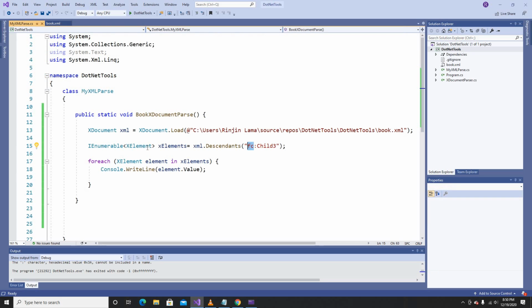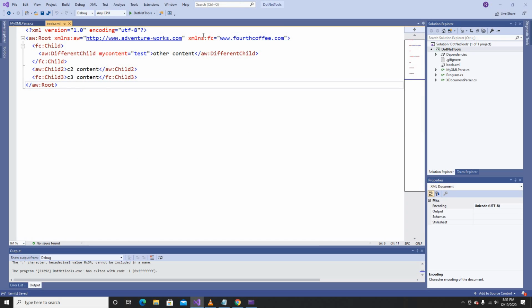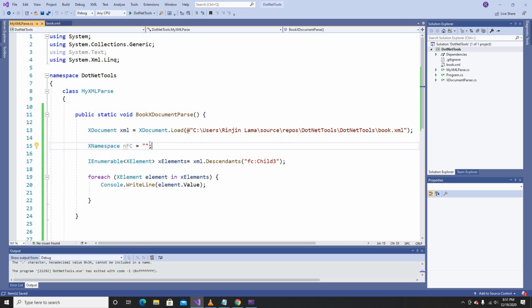Okay. So this is how we get an error if we didn't add a namespace, because we have a namespace in our XML. So to get rid of that issue, we need to create our XNamespace here. So in XNamespace, what is the namespace name? I'll just give it a namespace for fc. And what is the fc namespace? The fc is defined right here,